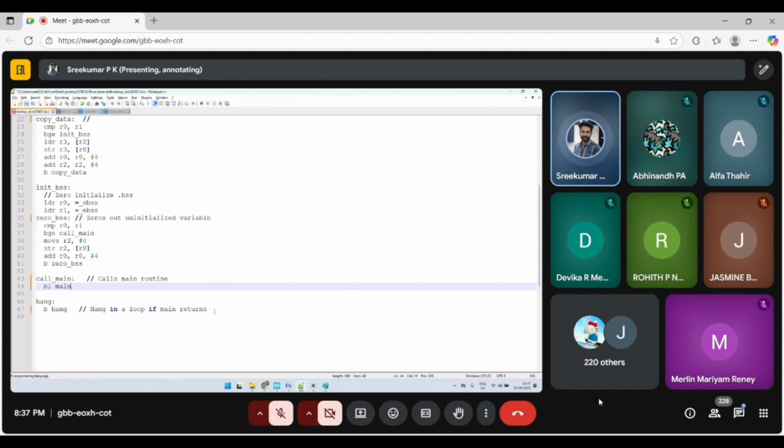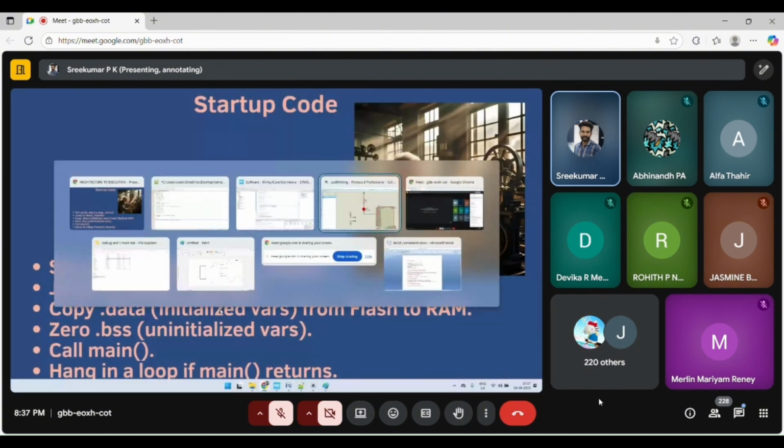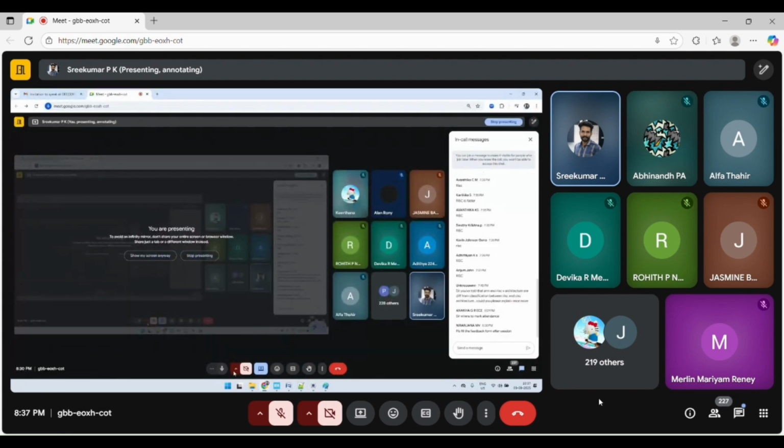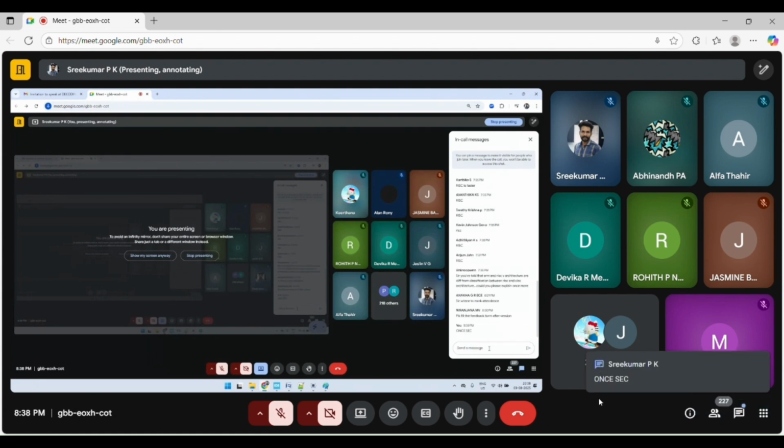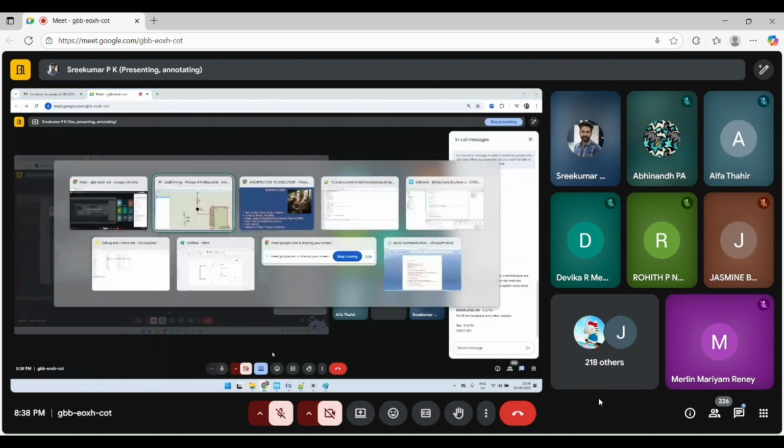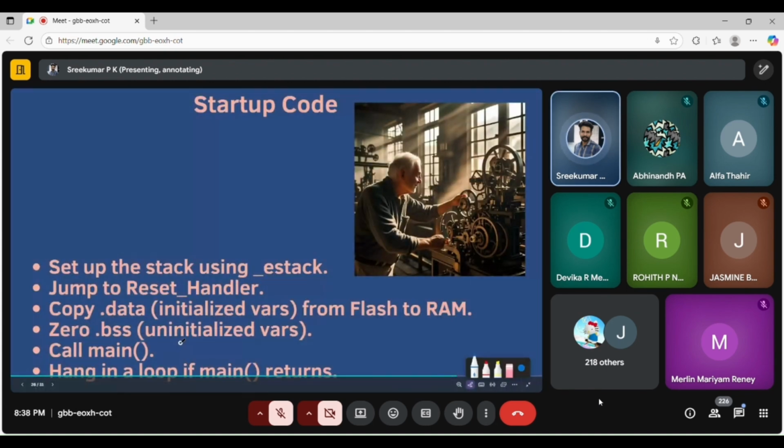If some trap happens, something happens to the microcontroller execution, like a hard fault, it will go to some hanging loop.